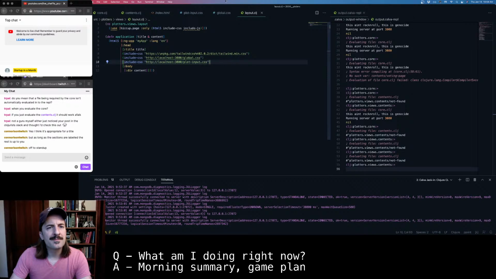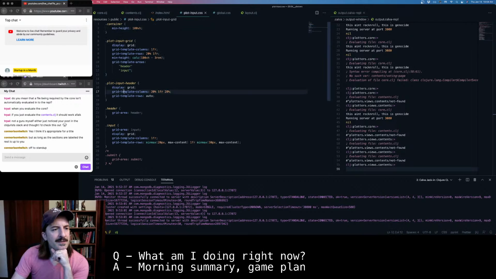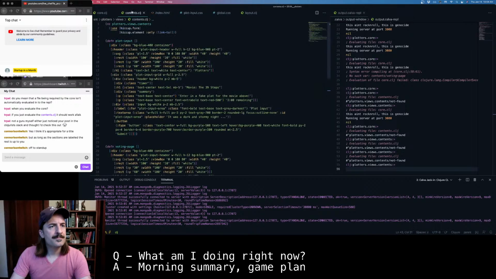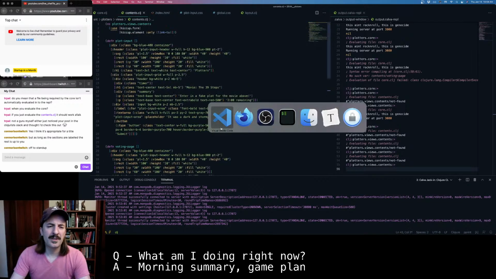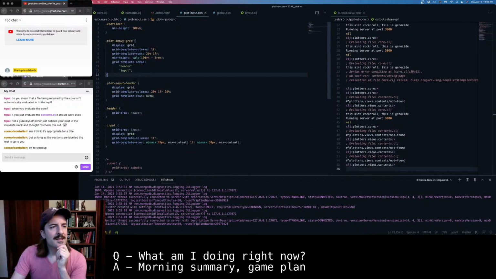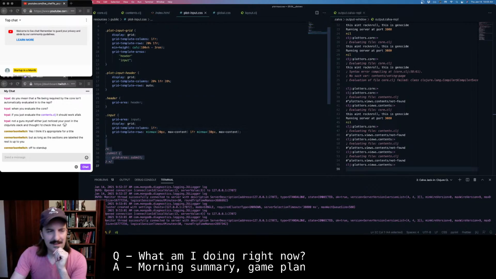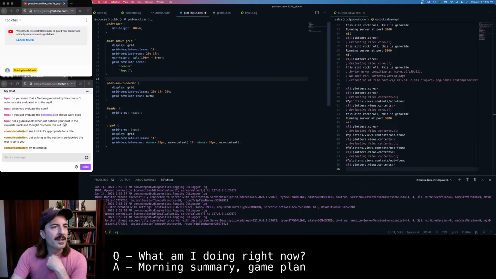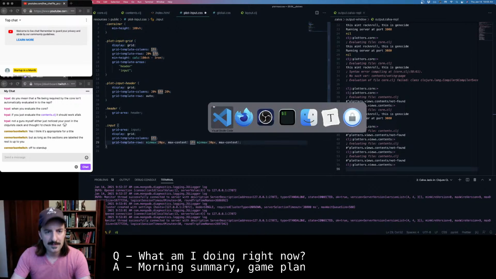Global plot inputs. Yeah, that'll be easier. That'll encourage me to have a consistent layout between these things, right? Because I'm always going to have a grid with sections. But sometimes those grids are going to have different sections, right? So maybe now it's time to get into some kind of BEM thing. So we got a container, that's okay. Instead of plot input grid, we can have, now let's get